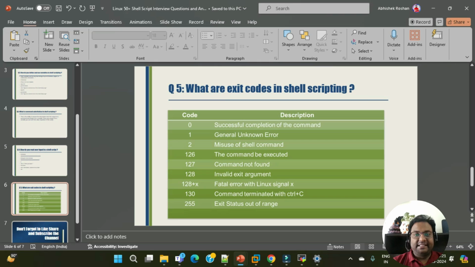So friends, let's move on to the next question. That is, what are the exit codes in shell script? This has been asked multiple times, whether you are a fresher or experienced, guys. And the answer for this question is very simple. Whenever you execute a script,